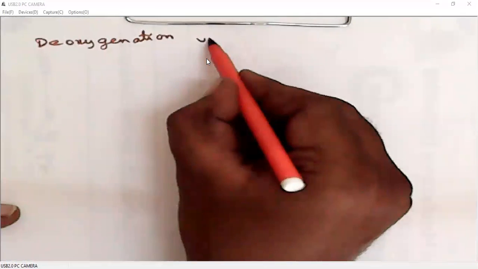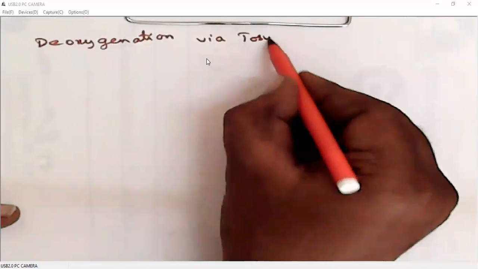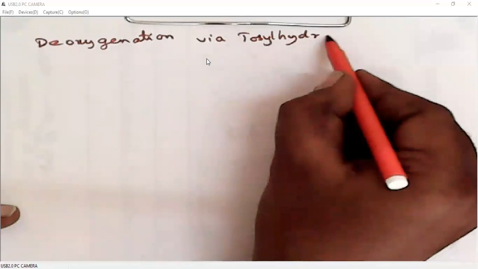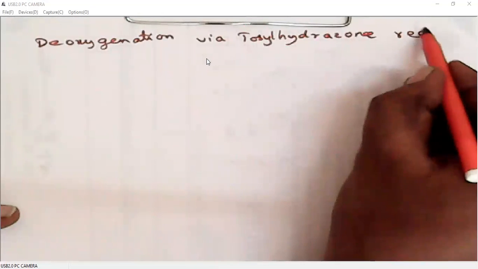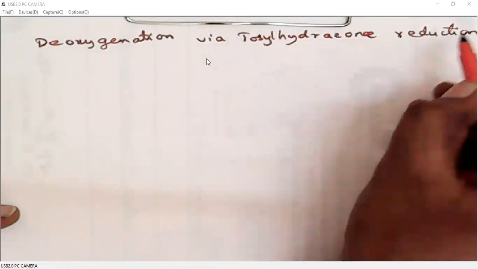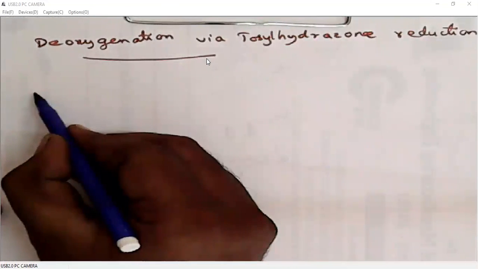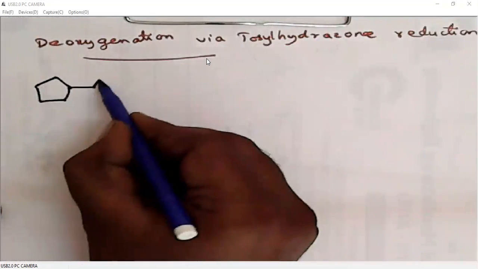With a simple modification of reductive amination, that is what is called deoxygenation via tosyl hydrazine reduction. Tosyl hydrazine reduction. What is this reaction? When we have an aldehyde